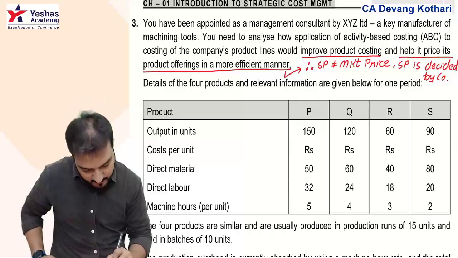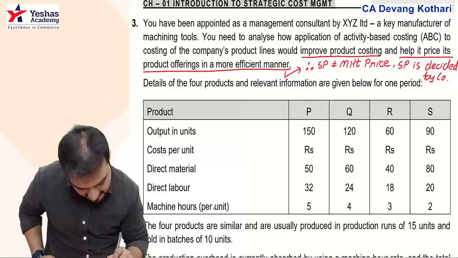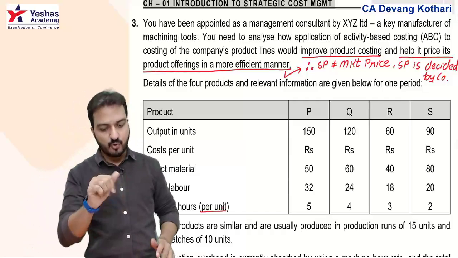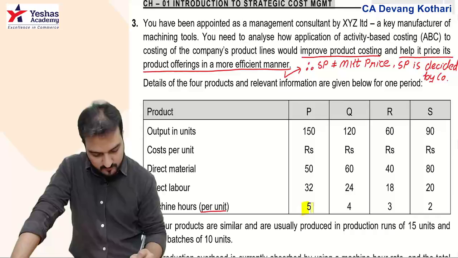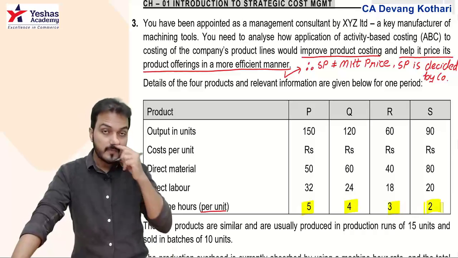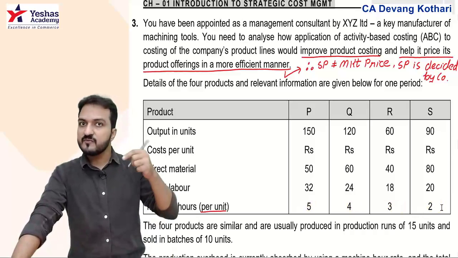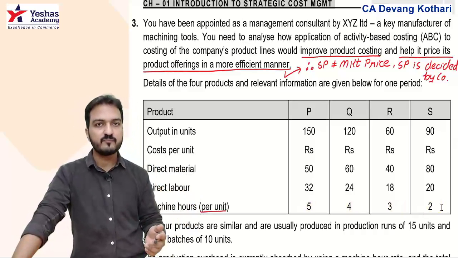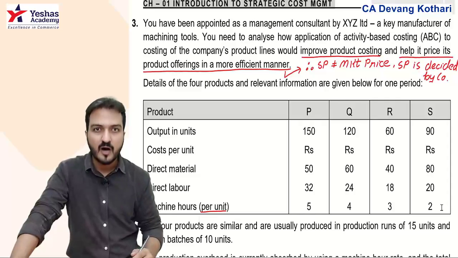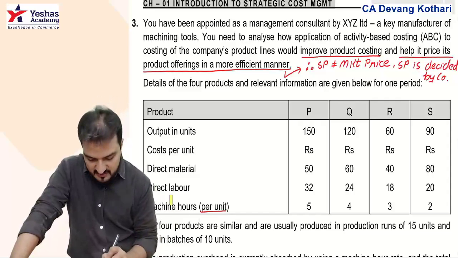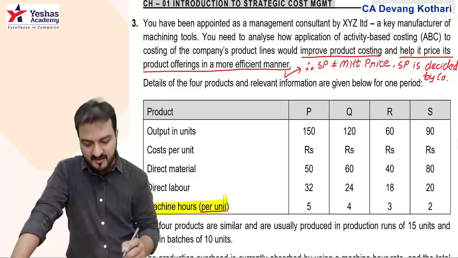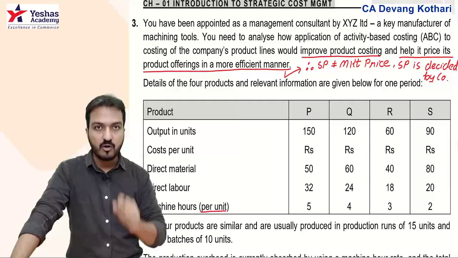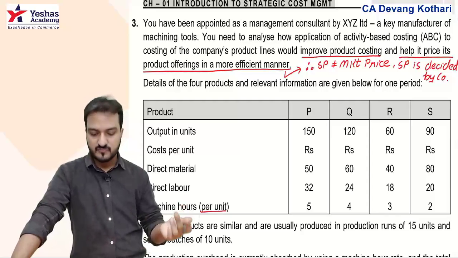Machine hours that you are given is per unit. Now machine hours you are given for 1 unit of P, Q, R and S, but like the previous question, are you given a total machine hours already given? No. What will you do? You need to find. How will you find? Well, machine hours per unit into number of units will give you machine hours of all units, then you add it up. Let us do that